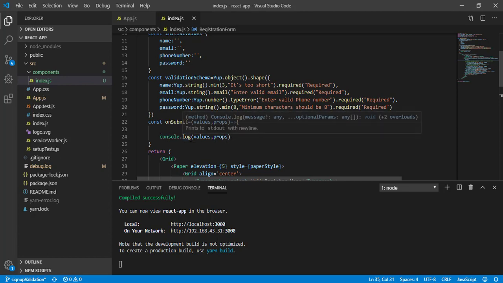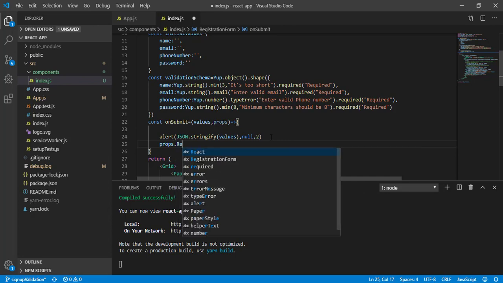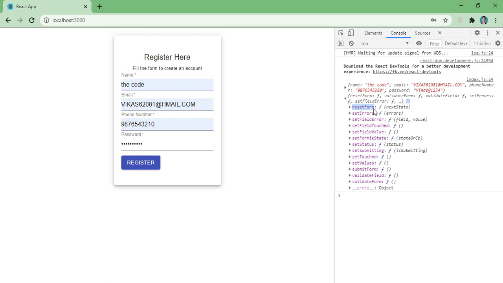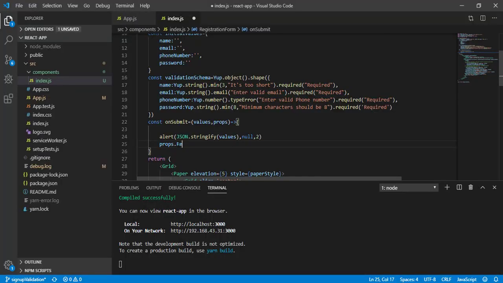So instead of doing the console log, I will do an alert. JSON.stringify will convert the value into a string, with null and 2. And after this, I will call the reset function, resetForm. So copy this function and paste it here.